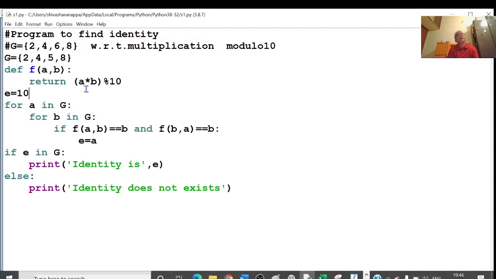A star B percent 10. 5 into 2 is 10. 5 into 4 is 20. 5 into 8, yes. 6 also becomes the identity element. Instead of 5, if I take say 7, identity does not exist.